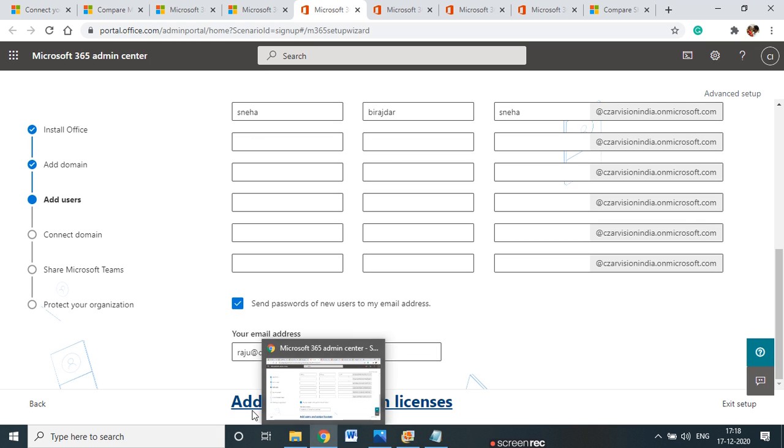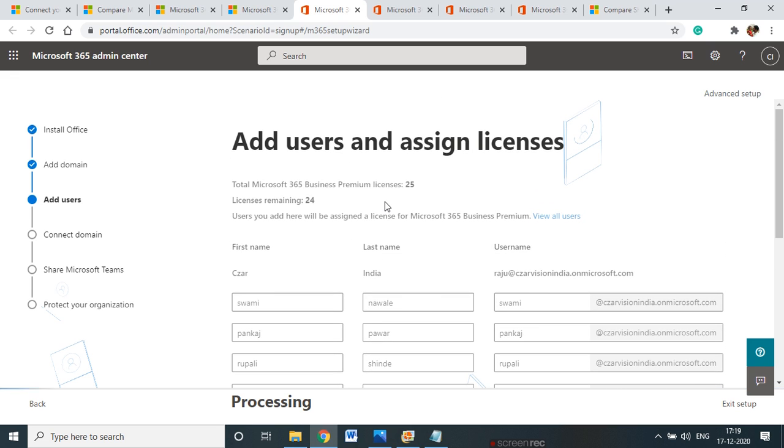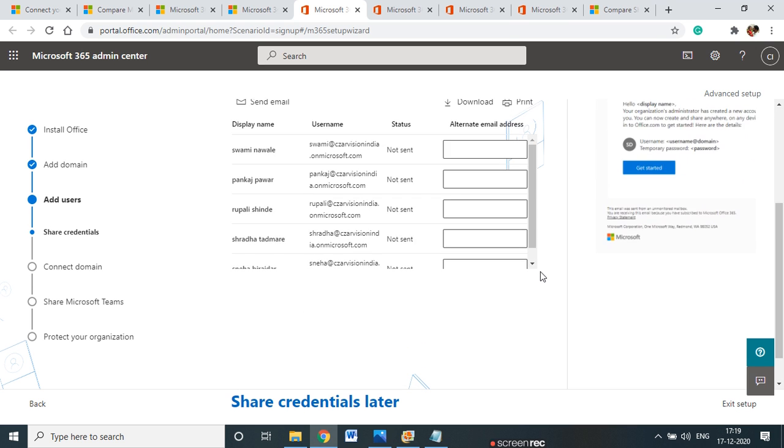Okay, so I click here, and I assign. So initially how many licenses? 25. One is for the initial Raju user we have created, for which we utilized one, and now we have created five more. Means 19 licenses are still remaining. Okay, in a trial. Okay, so moving ahead,